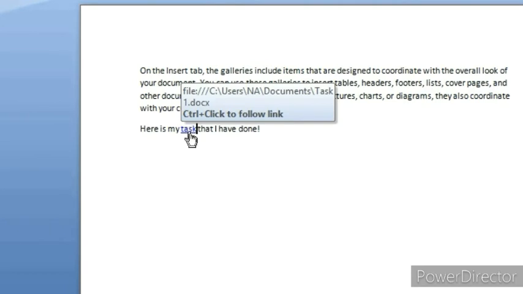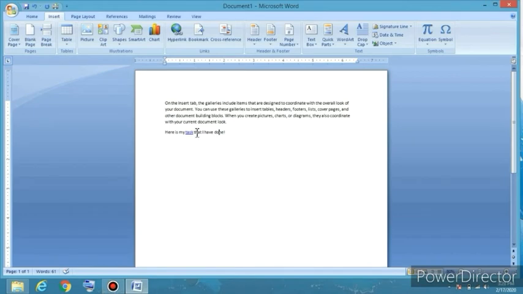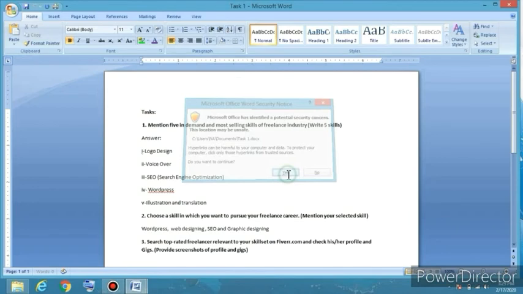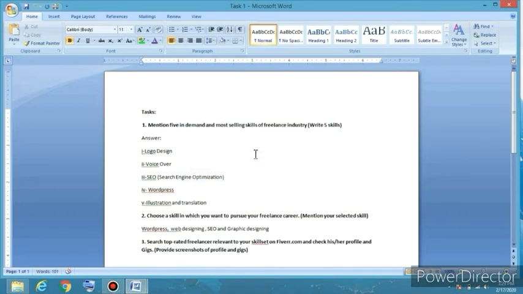So if we want to open the task document from here, we have to press the Control key and click on it. It will show you a pop-up dialog box. It is asking about security. Don't worry, it's local to our computer. And do you want to continue? Of course we want to continue. Click on Yes. You can see we have the task document